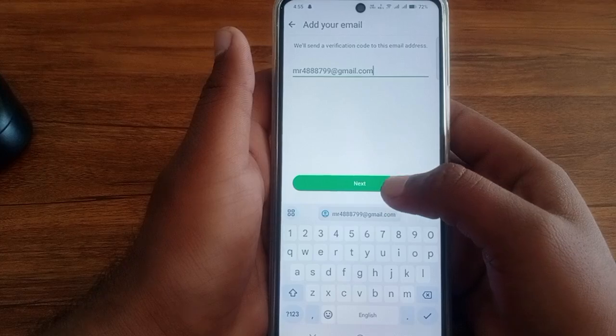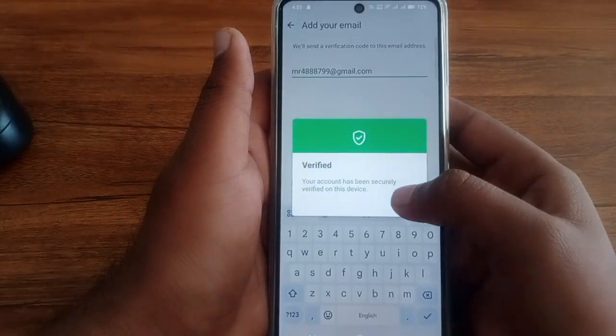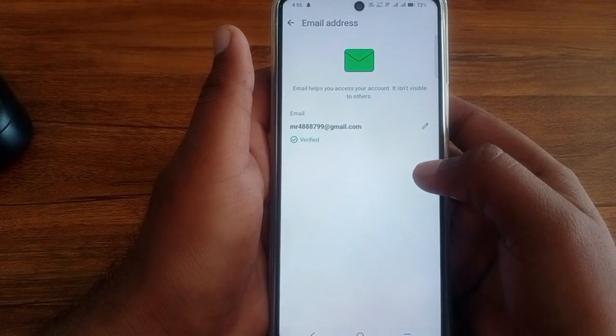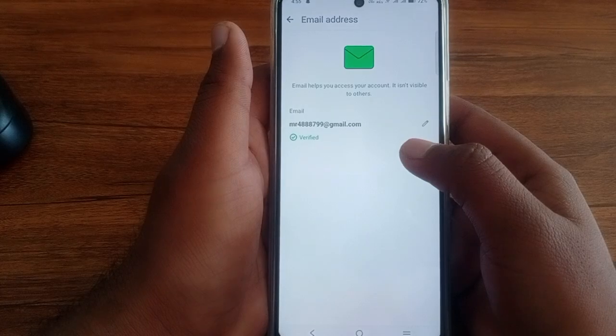Click on continue, then click on next and click on continue. Here I have successfully verified